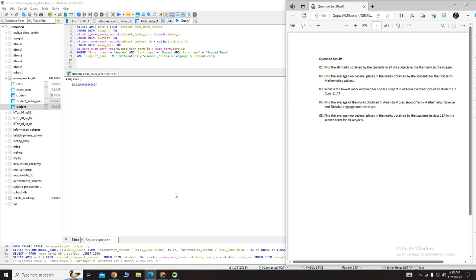And here comes the tricky part. They have said to find the average of the marks obtained in mathematics, science, Sinhala language and literature. These three come under the same table column. So we have to use the IN keyword to select all these three. So we have said subject name IN mathematics, science, Sinhala, and after executing this we get this 82.626 average